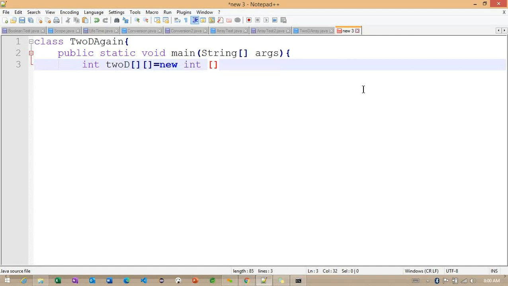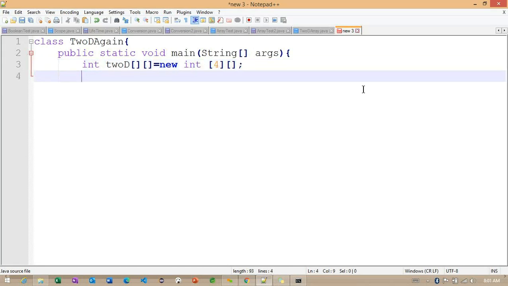But now you can see I'm working with only the first size. For the first array, I'm giving the size. For the second array, I'm not giving any size here. So observe this example, how it's going to work.